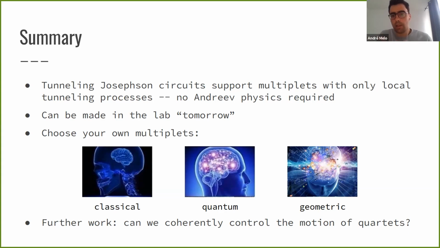And this is exactly quartets tunneling across the junction. So if we could coherently control these quartets, we could, in principle, make a cosine 2 phi junction. And people are excited about those because they allow making these protected qubits. So that's one possible direction